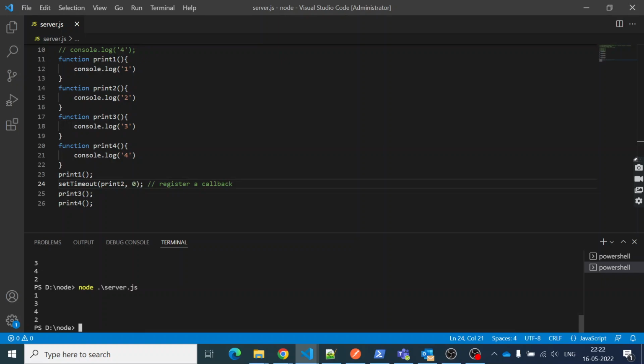Why is it like that? I will explain it. What happens internally when the JavaScript engine sees setTimeout in line number 24? It will detect that it is a web API and it cannot wait for this setTimeout. It will not even check this duration. It will just register a callback and move ahead. So the JavaScript engine will not wait anymore here. It will just assign the callback and start the timer